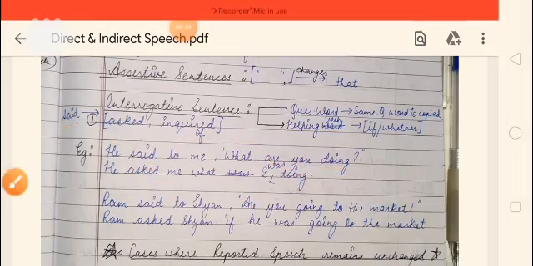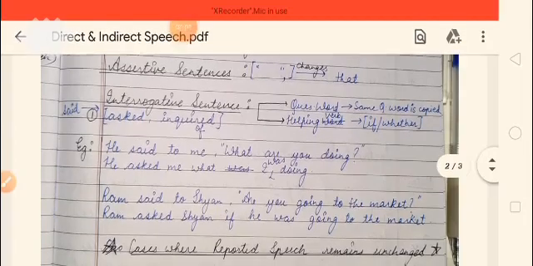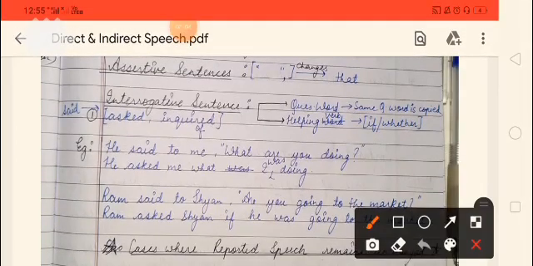In the second case, if the interrogative sentence is starting from a helping verb, then in place of comma and inverted comma we use if or whether. Either we will use if or we will use whether. Okay, in case the interrogative sentence is starting from the helping verb, then in place of comma and inverted comma we will use if or whether. Either if or whether. For example,